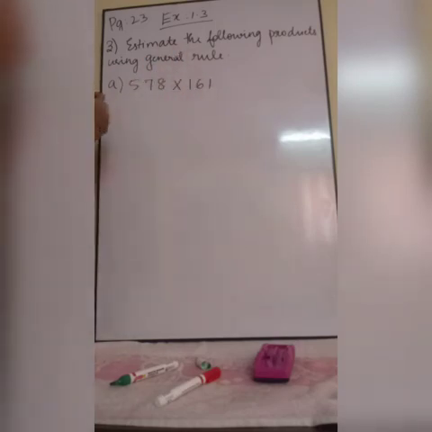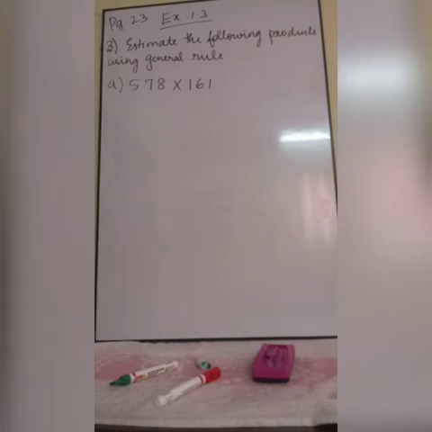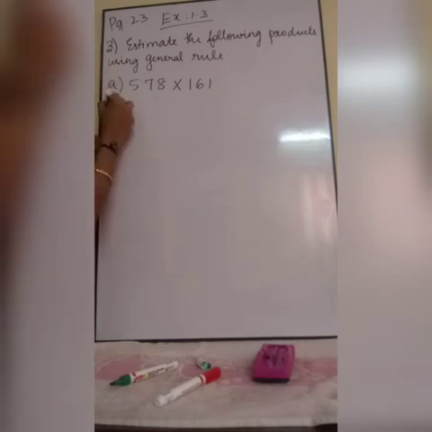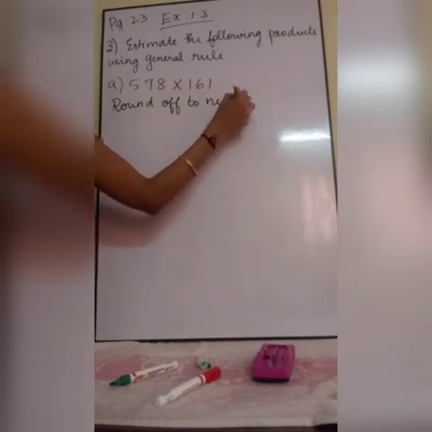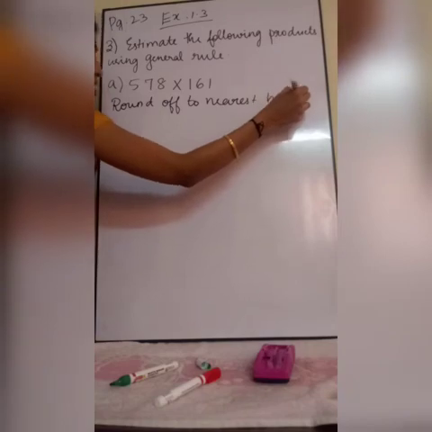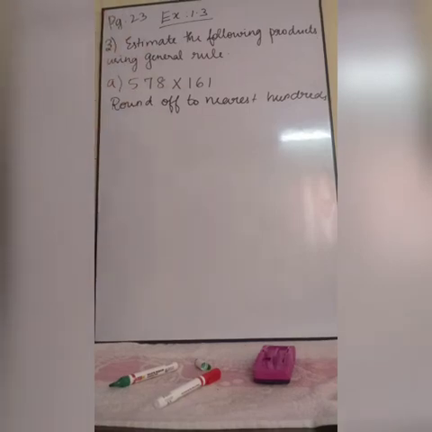Okay, so first I am going to round. And here, listen, this is a 3-digit number. This is also a 3-digit number. So, can we round off both the values to nearest hundreds? You can do nearest tens also, no problem. But I am doing it as nearest hundreds. You can do nearest tens also, no problem, children. You might say, ma'am, this answer is wrong, and that answer is different. If you write in nearest hundreds, your answer will be different. If you do with nearest tens, your answer will be different. That is the difference, okay?